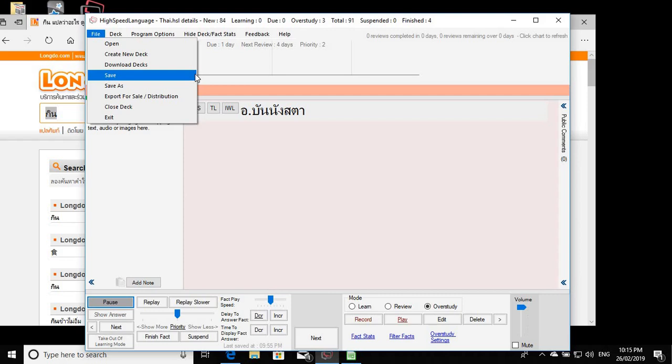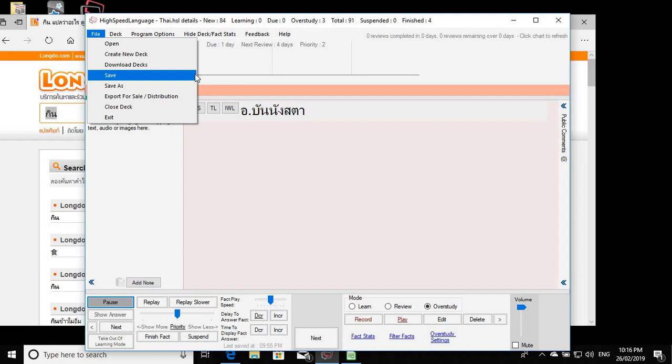Reading in a language is a very good way, once you've got to an intermediate level, to improve your skills, and you really can improve yourself very fast once you get to that intermediate level. If you just start reading as much as you can and looking up the unknown words and reviewing the unknown words, you can do that all with this HighSpeedLanguage program, and it's free to do that. You can download the program for free off the website. You can do all this for free. So yeah, if you are learning a language, any language pretty much will work. You should definitely get this program and